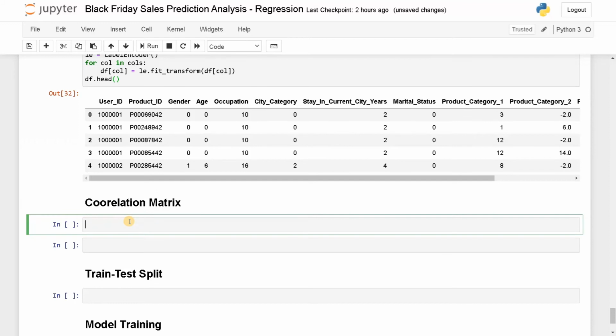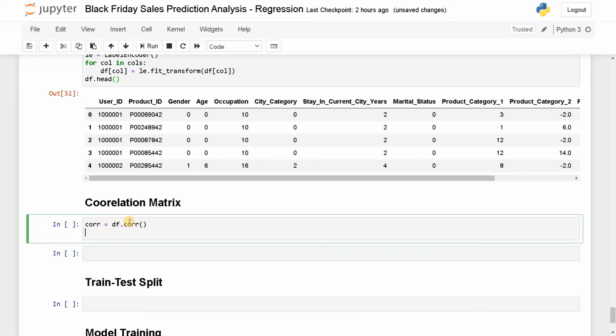Now the correlation matrix. Now corr equals df.corr as usual. And now we need to display the heat map. sns.heatmap of the correlation, annot equals True to display the values, and cmap equals coolwarm.